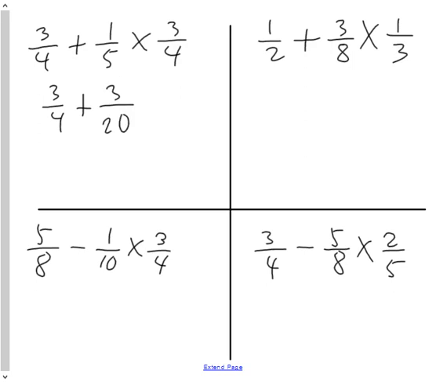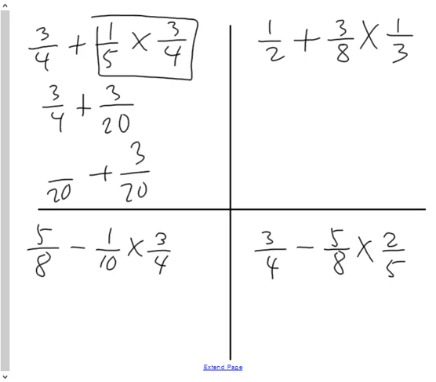So my next step should be 3/4 plus this 3/20, which is the answer to the product of 1/5 times 3/4. Once I get that, I now have addition of fractions, which I have to go back to grade 7 and add together. My equivalent fraction to 3/4 that has a denominator of 20 is 12/20. Add the numerators, keep the denominator. My answer is